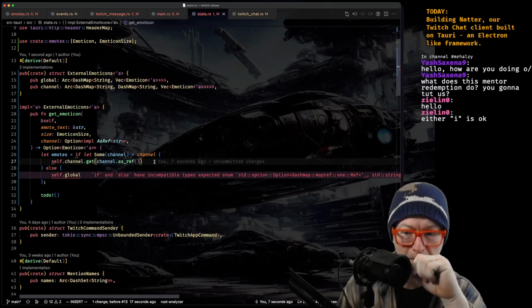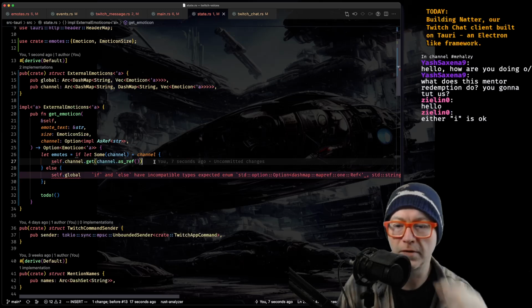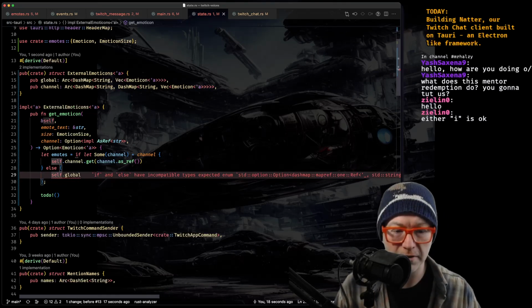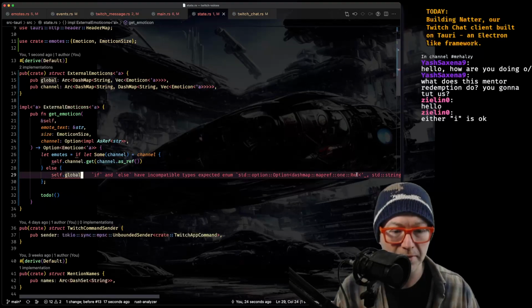In this case, if we get a nothing, should we just return early? Or keep it consistent? Oh, and this one's a ref due to the dash map.